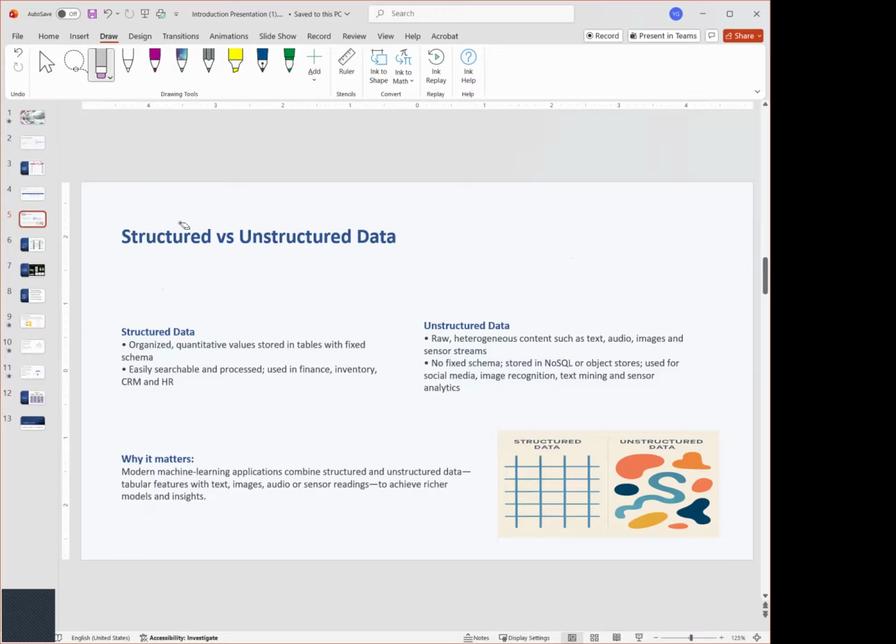Now, an unstructured data set would be, for example, images, videos, and text. Pretty much anything that is not structured in columns and rows is considered an unstructured data set.